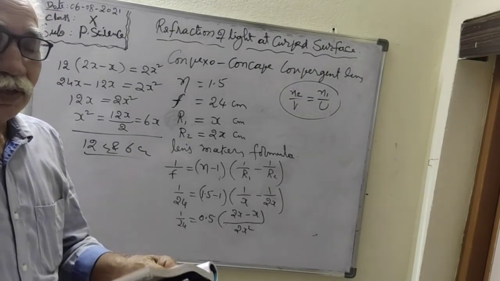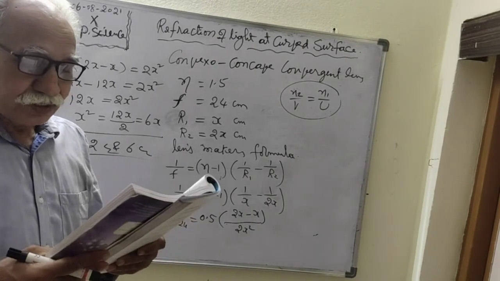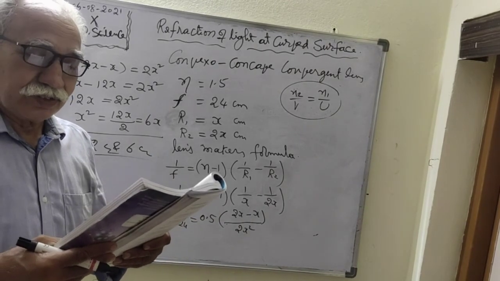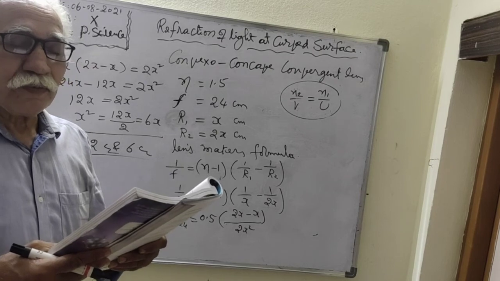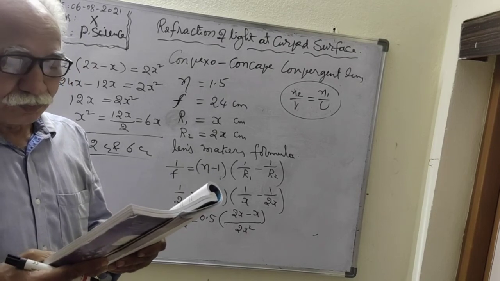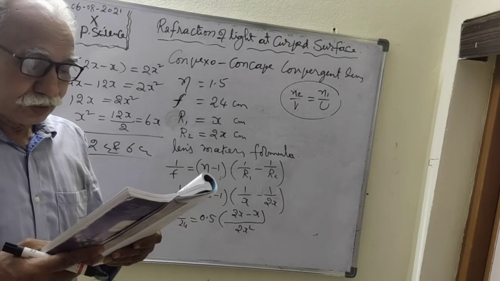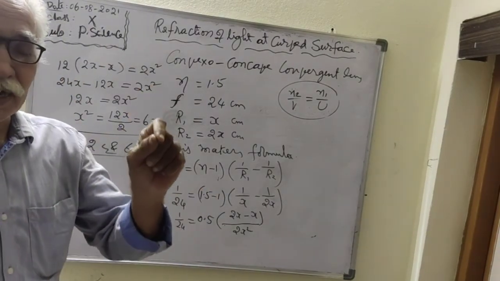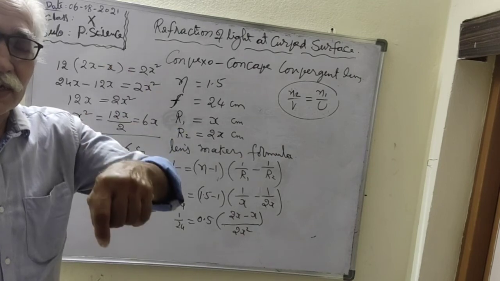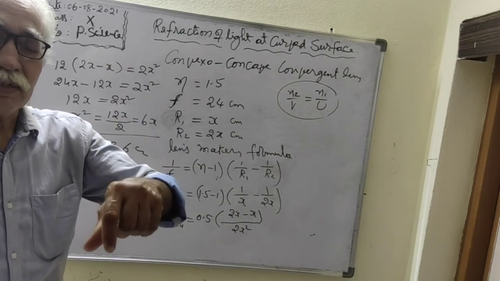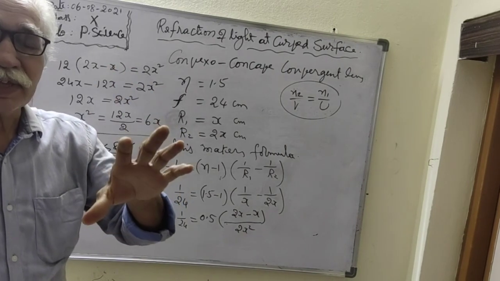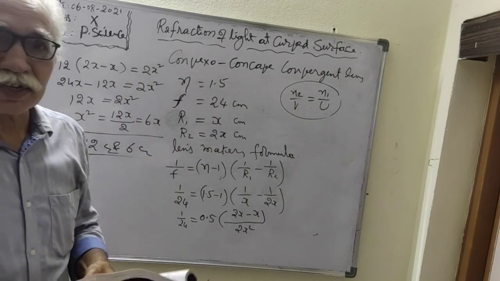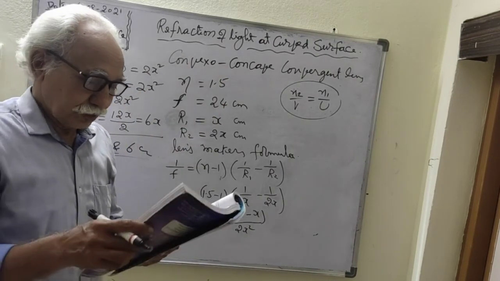Suppose the friend who is standing in the air at the edge observes his friend who is inside the water. How does he find him, taller or smaller? He observes that his friend inside the water appears smaller than the actual size. So you can write that as the answer.